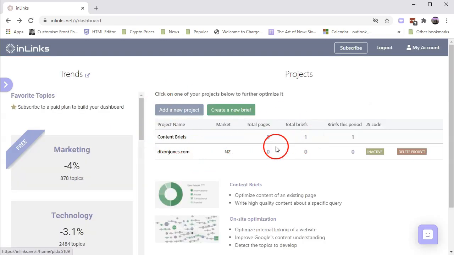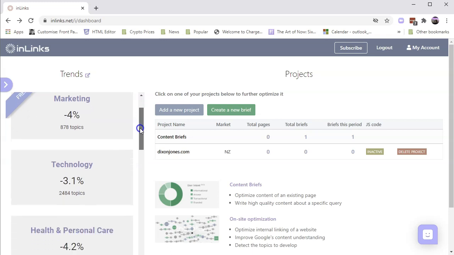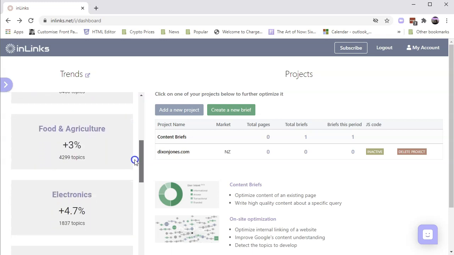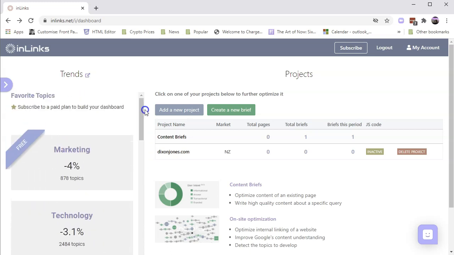So now it's created a brief and it's put the brief in the special project called Content Briefs, and you'll be able to see it by clicking on Content Briefs and digging into there. The other things that happen on this screen on the left hand side here is our trend tool, and that's an easy access to trending data. The marketing category is free, where we're tracking on a daily basis something like nearly 900 different topics and the interest in those topics. And then if you have a paid account, you'll be able to also drill into these other verticals as well and see what's happening on a day-to-day basis with different tools,